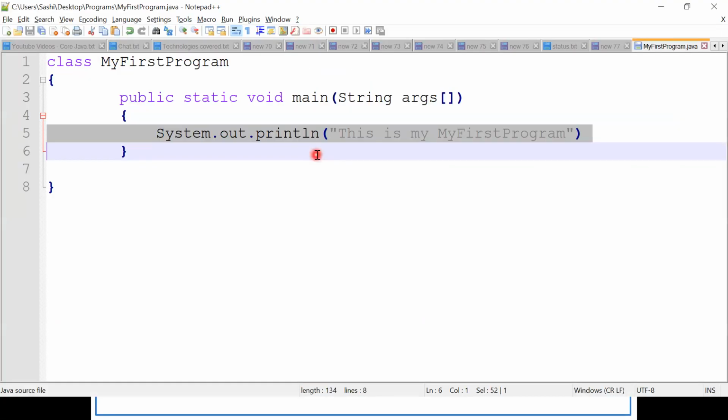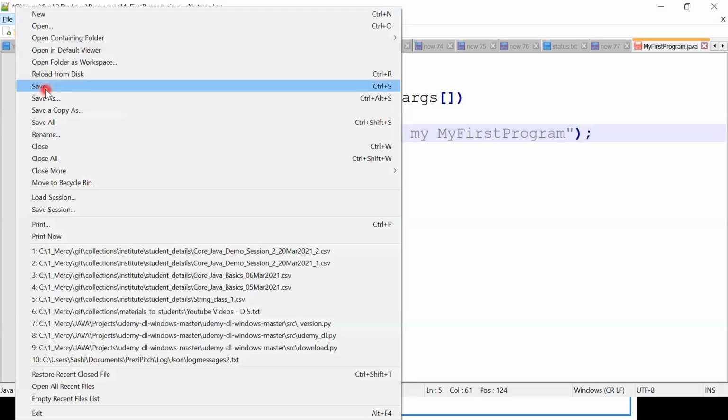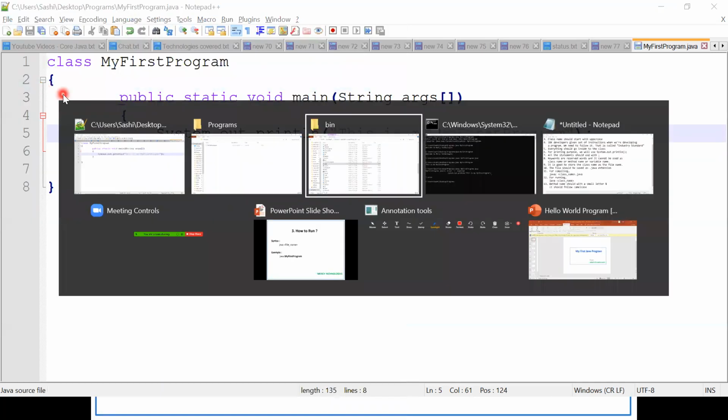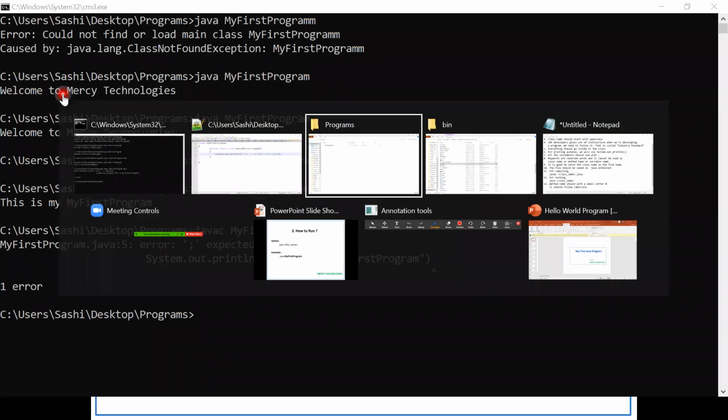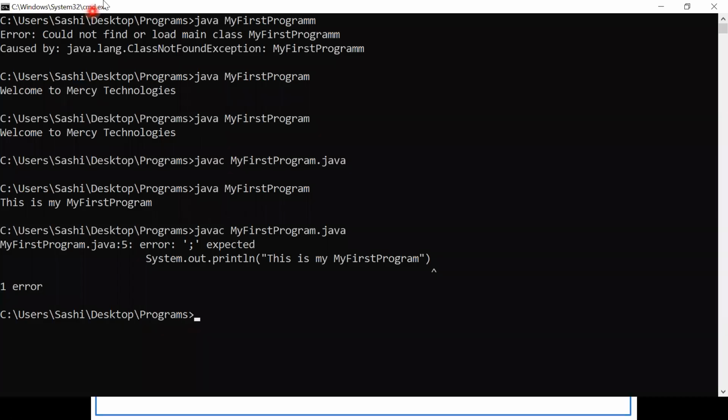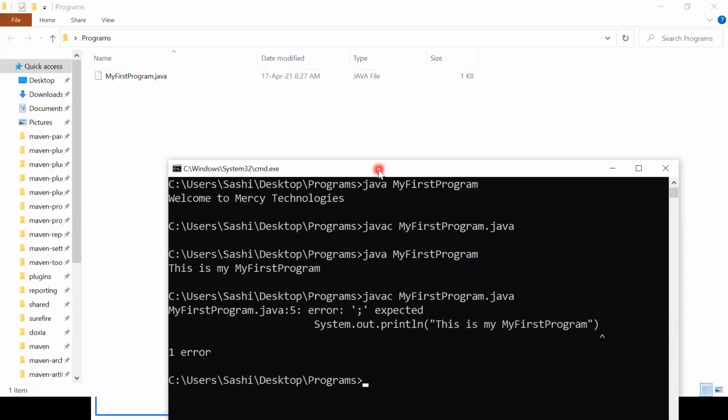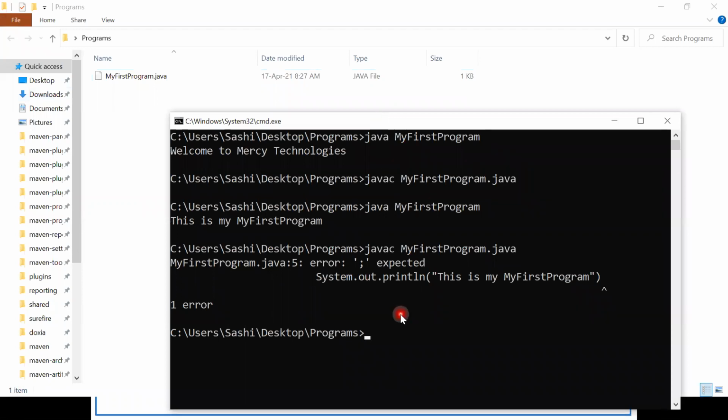Let's correct the compilation error. Put the semicolon, again save it, file, save, and quickly recompile the program. Now you observe the directory again. Now compilation error got corrected. Again compile it. Javac class name.java.